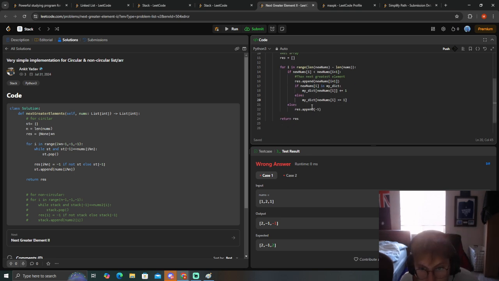Equal to 1. Do an else if here. Else if... we just need to do this one side thing. So I think we do else if stack, else if